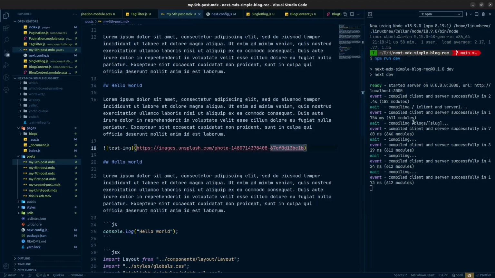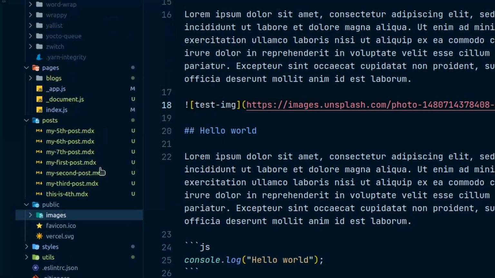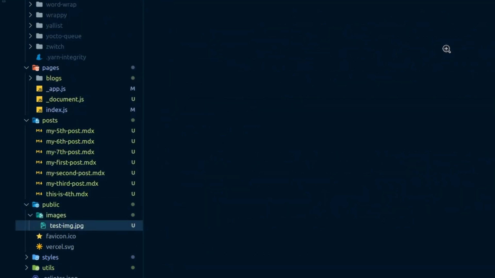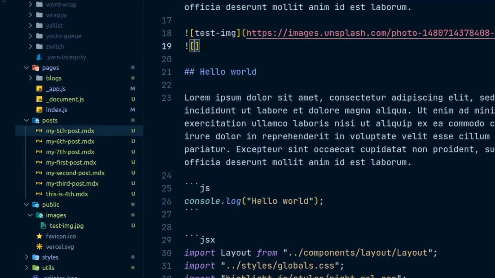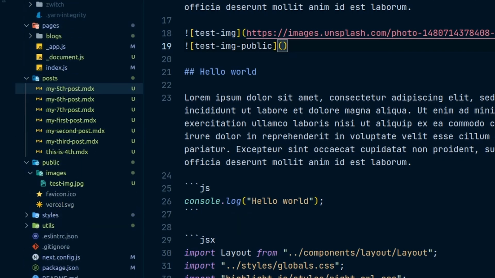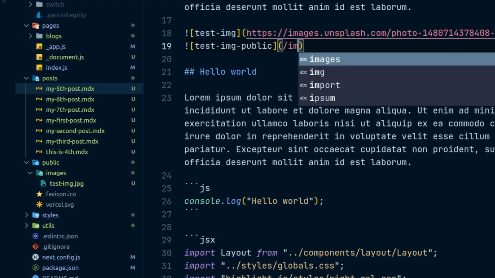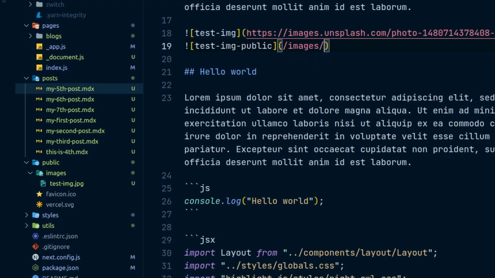Another way you can do that is by providing the image inside the public folder. So let's also try that. Let me copy the images, come here in our public folder and paste them inside. Now inside the public I have an image and I want to show that. So I will say it is the test image and it is the public one, and here inside that we need to provide the path. Because it is inside the public folder, we do not need relative paths. We can directly say after the slash it is inside the images folder, and after that the file name is the test